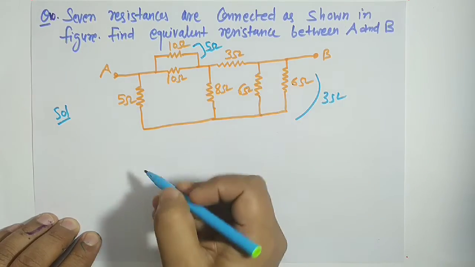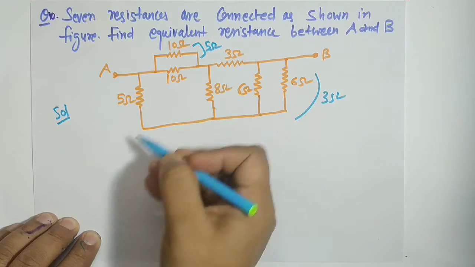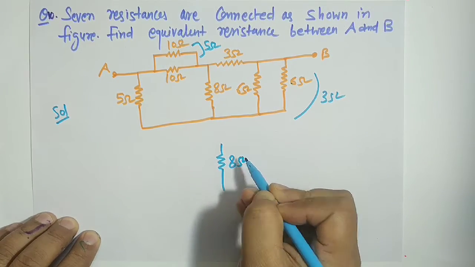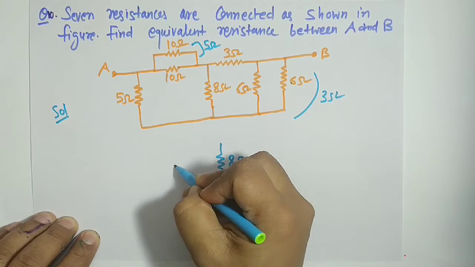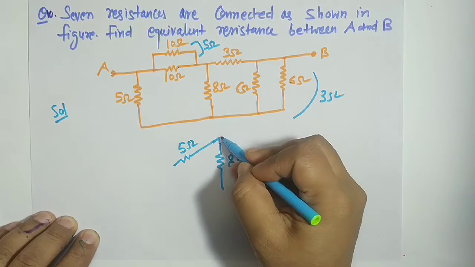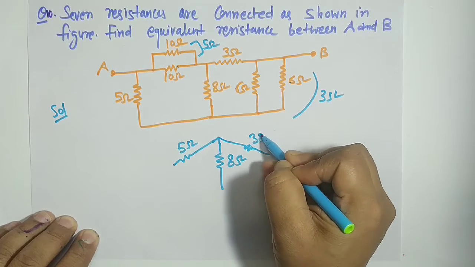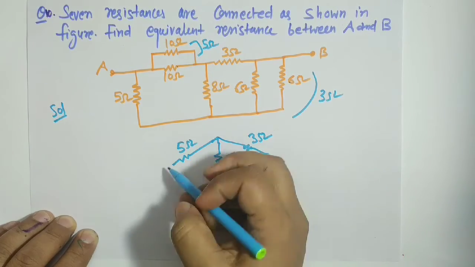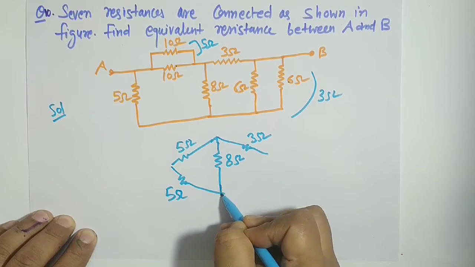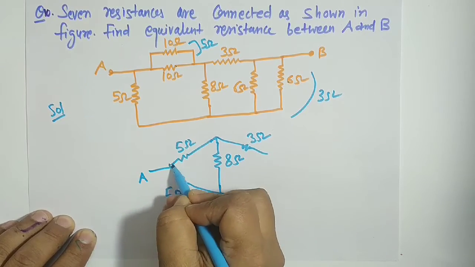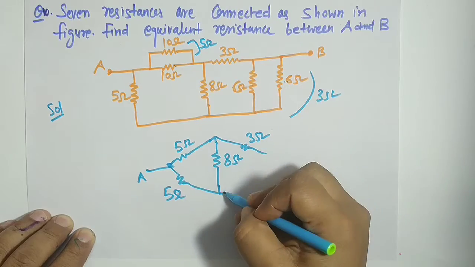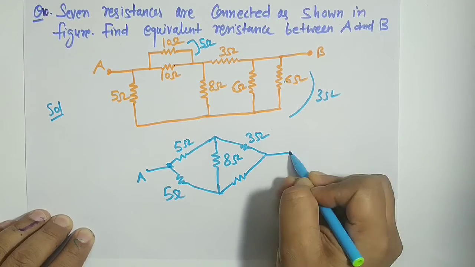Very interesting, it itself becomes a Wheatstone bridge, and I am drawing it in the form of a Wheatstone bridge. See here how this 5 will come in this way. This 3 will come in this way when you stretch A and B. And then this is another 5. Are you getting it? So this will be A. And this is the 6, 6, 3 ohm, so it will come down. And this will be B.